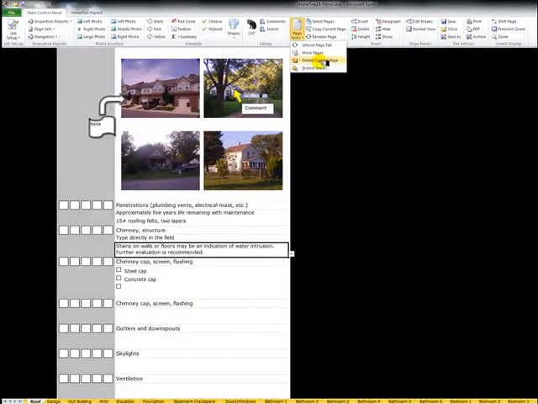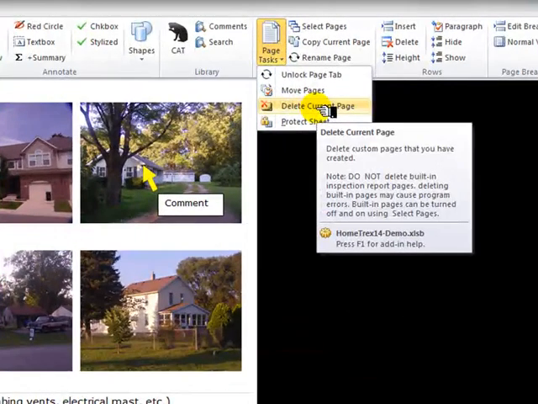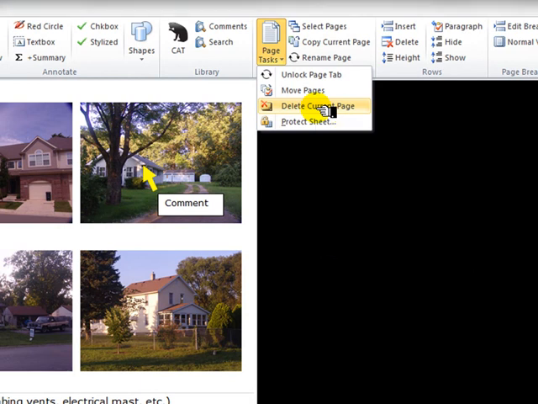If you wanted to delete a page, you could delete a page. I recommend that rather than delete pages, if it's a page that's built into the software, that you only turn off the page and you simply go to select pages, uncheck the page, and then it's no longer part of the report. And then if you want to protect a page,